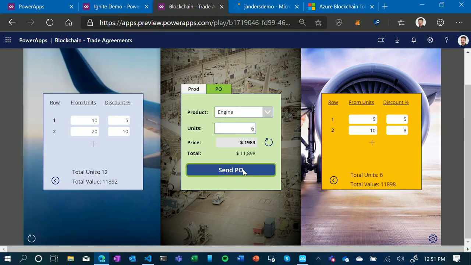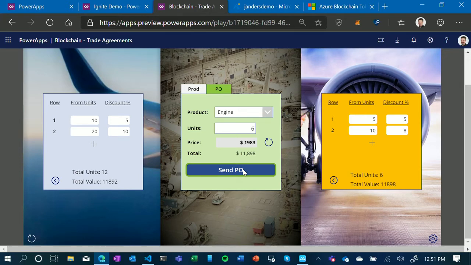Now, every time I'm sending a purchase order over, in this case, that's being encoded on the chain. So there's that historical account that purchase order was there. It's not locked in a particular system that somebody else has access to or 2 separate disparate systems. It's in a source of truth. Now, but what also is important here is that the engine manufacturer, I can see as Boeing, I can see what my trade agreements are, what my discounts are for each of my suppliers, but those suppliers should not be able to see their discounts to one another. So this might be even more applicable if I was doing engines with GE and Rolls-Royce. I might have different trade agreements. In fact, I probably do, with different kind of discounting associated with it.